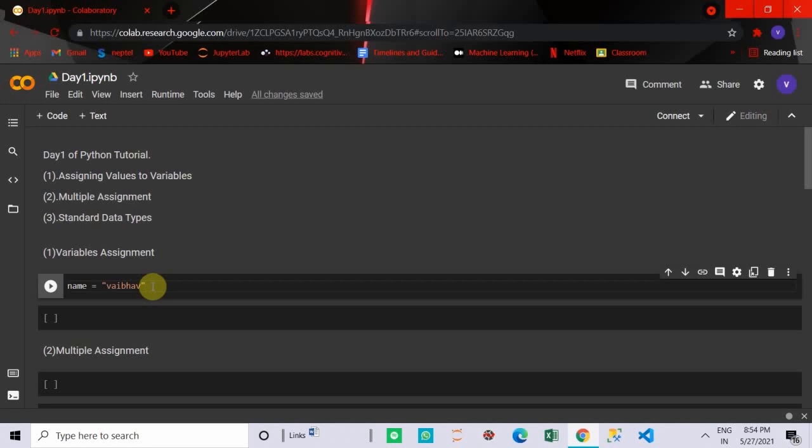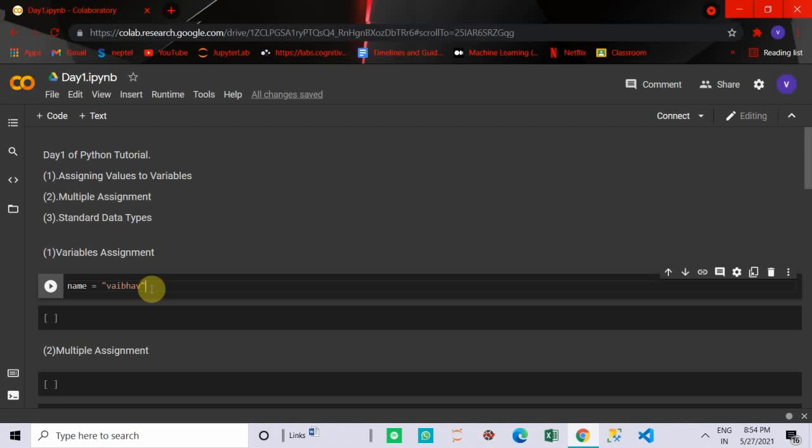So based on the data type of a variable, the interpreter allocates memory and decides what can be stored in the reserved memory. When you assign this data type to this variable, the interpreter will interpret that name will store a value that is of data type string. Python variables do not need explicit declaration to reserve memory space.